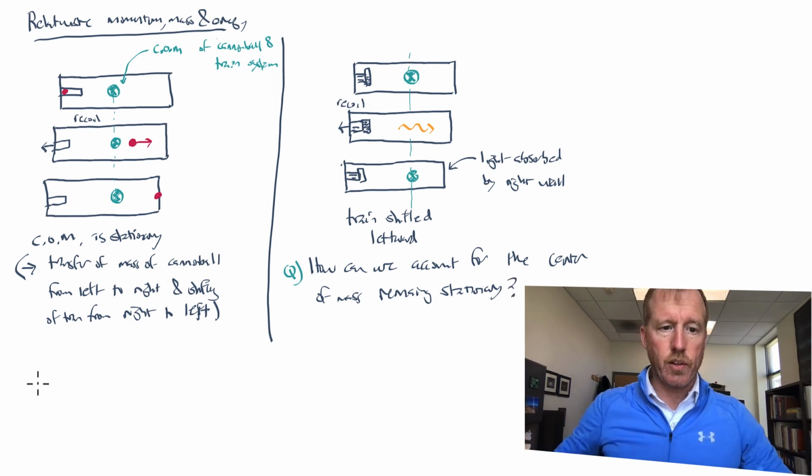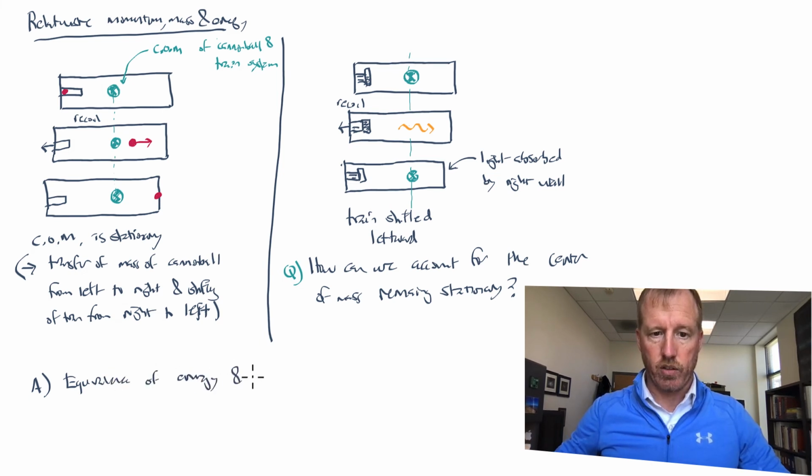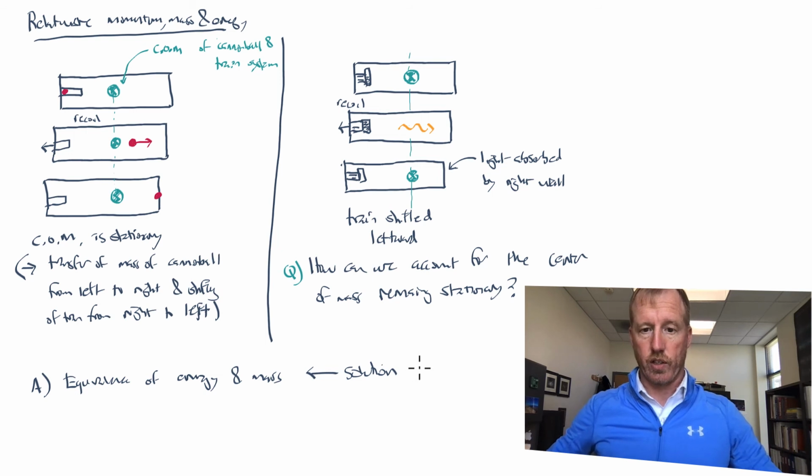Well, from the theory of relativity, this is how we would approach this question. And this leads us, once again, to the equivalence of energy and mass, or Einstein's famous E equals mc squared formula. This is the solution to this question that is presented by the theory of relativity. How do we understand this?